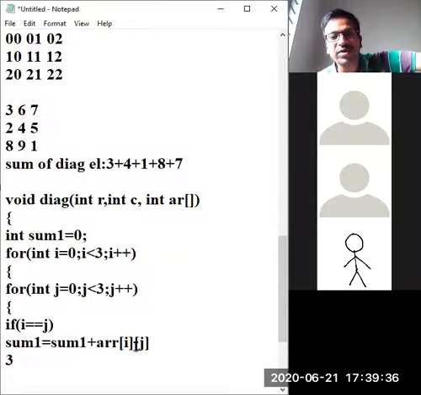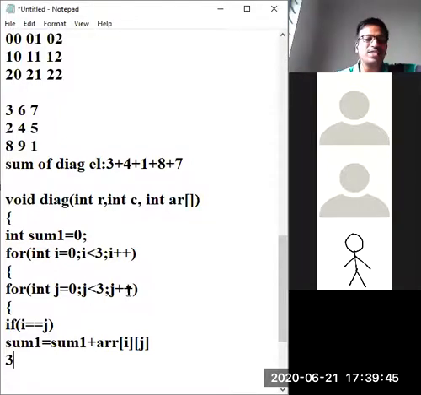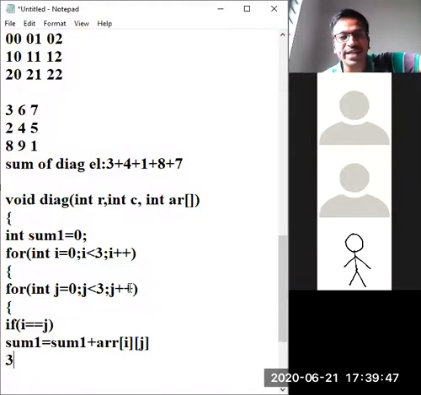Fine. Next iteration. j will increment. I told in the class also, j will get incremented. j takes 1. Now what will happen? Fail, i is equal to j? i is 0 still, j is 1. Fail.